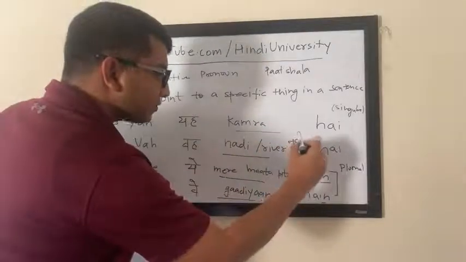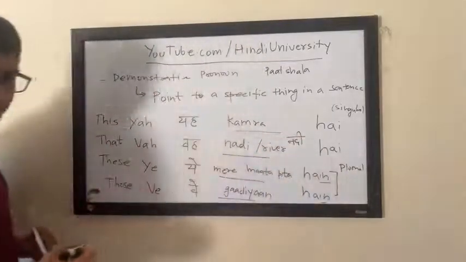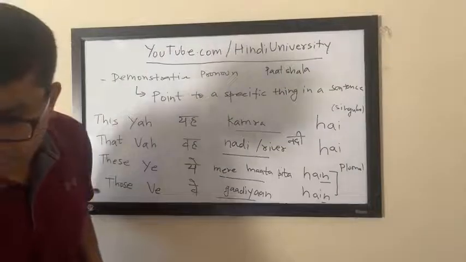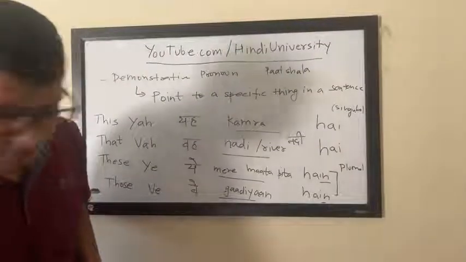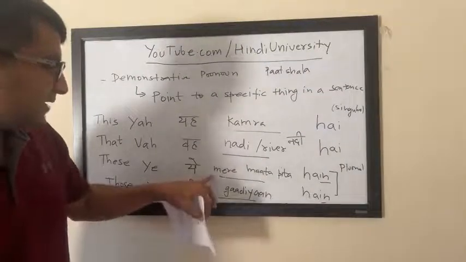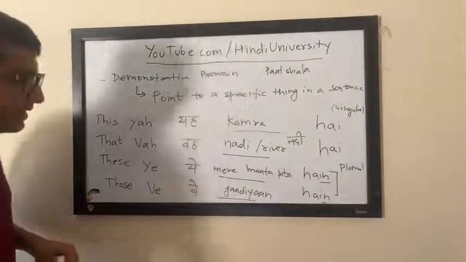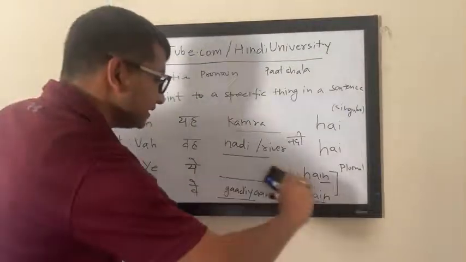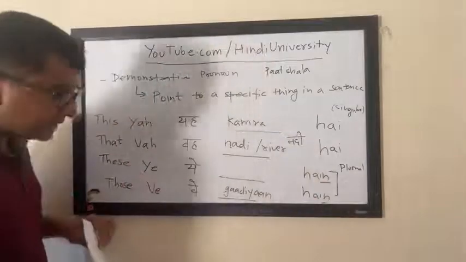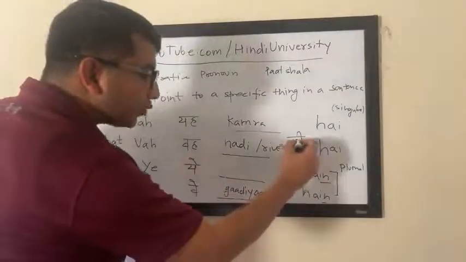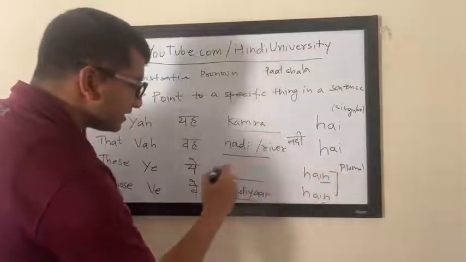And let's say I want to say these are rivers. Who would like to tell me that? You know? ये. I'll do it. ये नदियाँ हैं. Very good. ये नदियाँ हैं. So ये, if you are complete beginners, don't know how to make plural, you can either say ये rivers हैं,